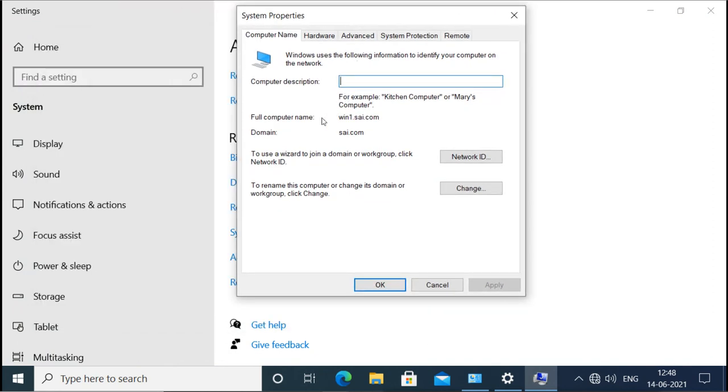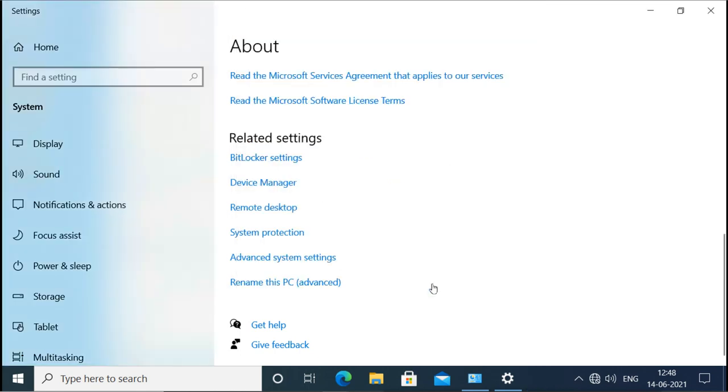And now we can see here that the machine name has become win1.sci.com. Previously it was only win1, but now the machine name is win1.sci.com. It is added with the domain name, and this is the domain name here, sci.com. So now this machine is a member of the domain, and all the users which we create on the domain controller, on the domain, can log into this system.